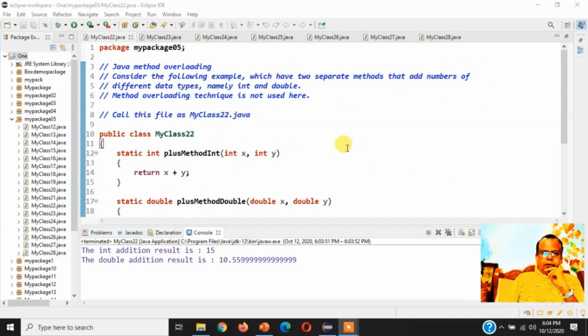We are now coming to a new concept in Java, namely the method overloading mechanism. This particular program which we are now considering does not use the technique of method overloading, but the subsequent program will be using it. We are using the same package, mypackage05. You know the process of keeping a new class in a given package. So package mypackage05;